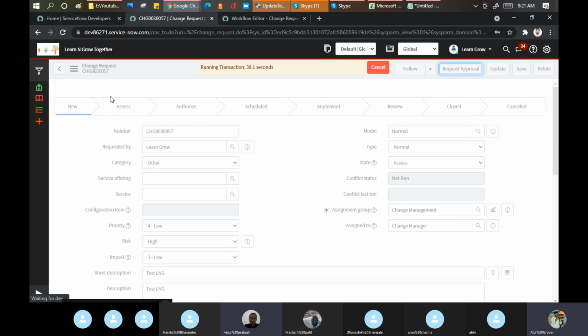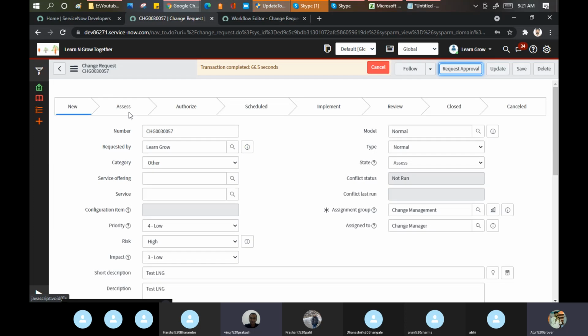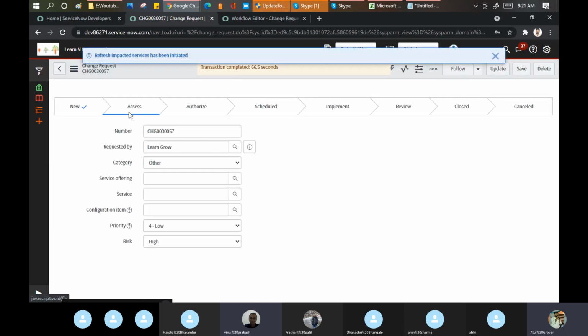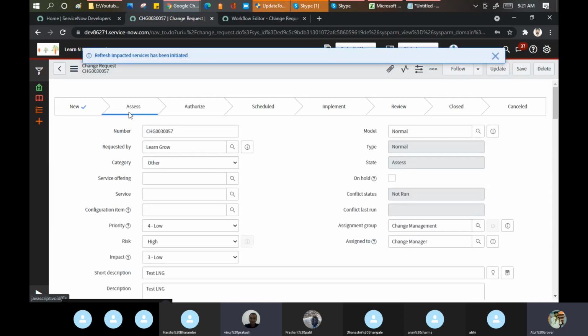How will my system know whether it should go to Tanvi's brother, Tanvi's father, Tanvi's friend, or Tanvi's mom for the first level of approval? That we define in our change approval policy.